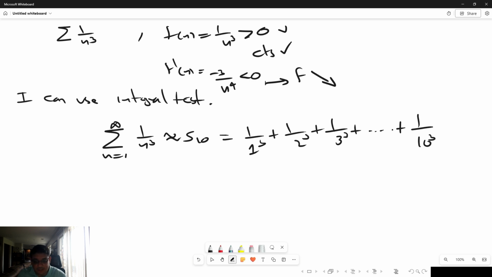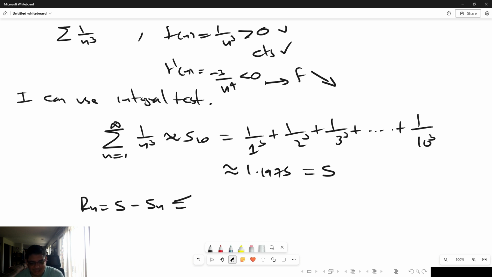You can actually do this by calculator; you don't need to do anything specific. And this is just going to be 1.1975. According to this, this will be my estimation S, and now R_n, which is the sum minus the nth partial sum, is going to be